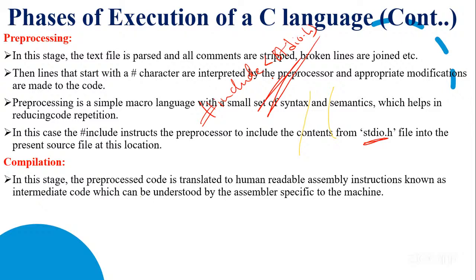What happens in this compilation is that whatever you have written, that code will be converted into assembly level language. That means it will be converted into some set of instructions. That is called intermediate code. Whatever you are writing in C language is called a high level language. And high level language to machine level language means ones and zeros should be converted. Before converting high level language to low level language, which is machine readable language, there should be some